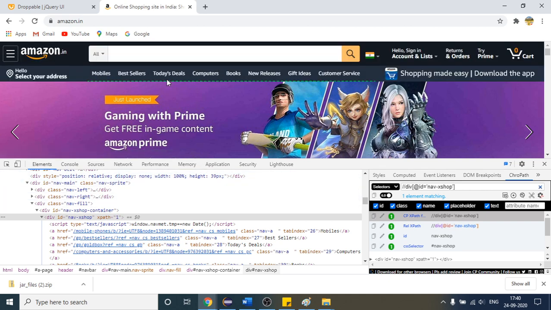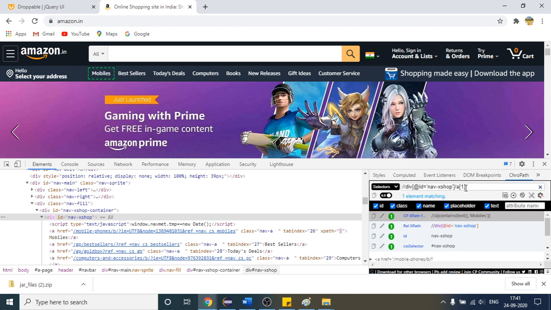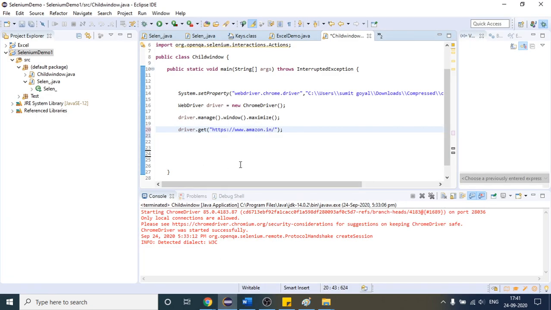You can see the dotted lines below, right? But we have to reach here. You can see all these links: mobiles, bestseller, today's deals, computer books, so many are there, but we are interested in this one, and this is the child of this one. So I can use the absolute XPath here. I will write slash a of 1 because we are interested only in mobiles. After that you can see that it will select this mobiles box. So I have written one absolute XPath for that.